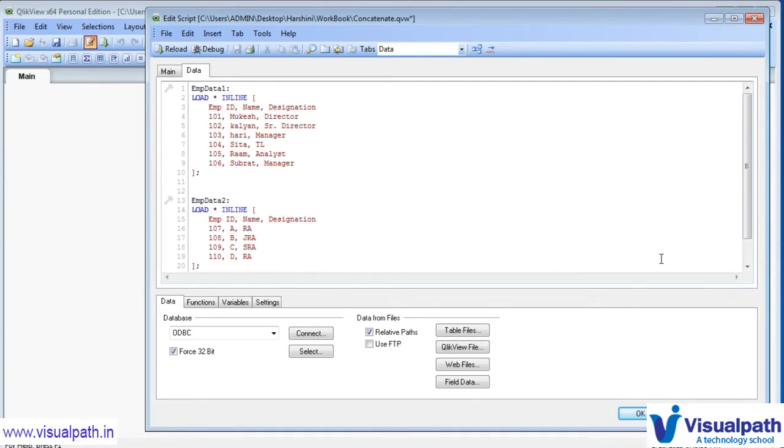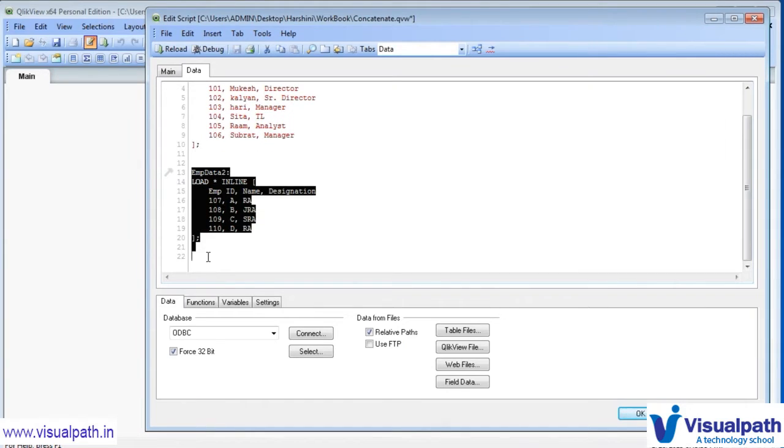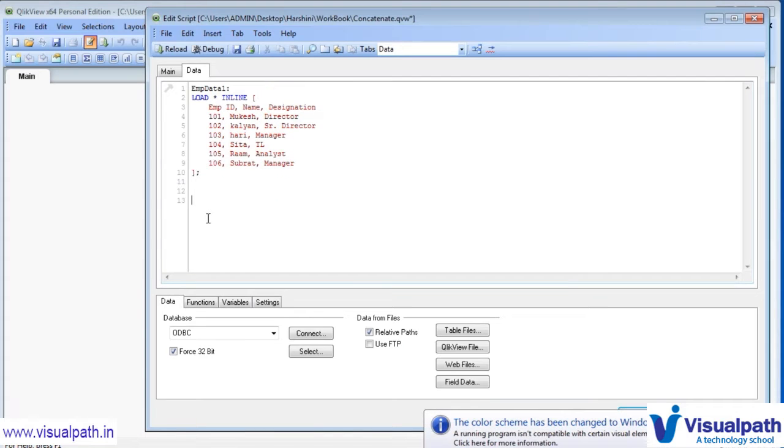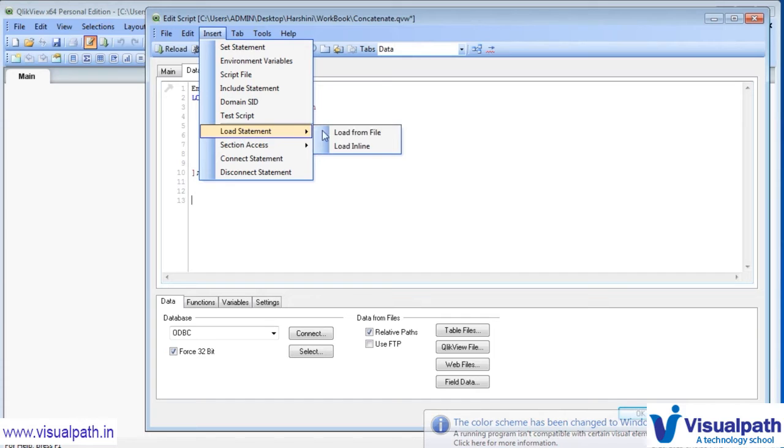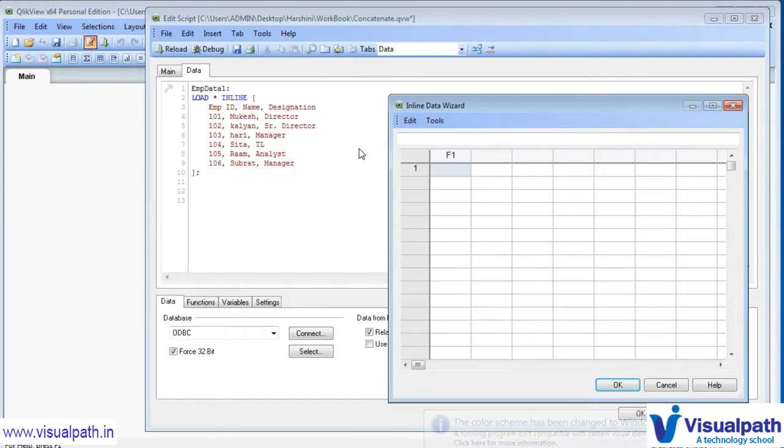Now friends, let's see what is the forced concatenation. So for that, let me do one more thing. I'll go to another inline load, I'll delete the second table and we'll again create another inline load. Let's say I'll go to insert, load statement, and load inline. So I'll keep here employee ID, and here name, and here designation,